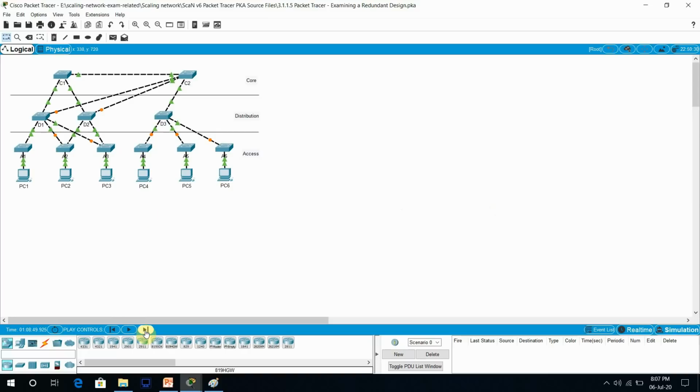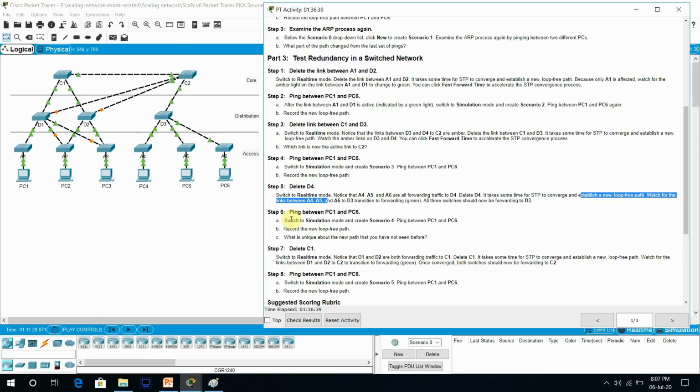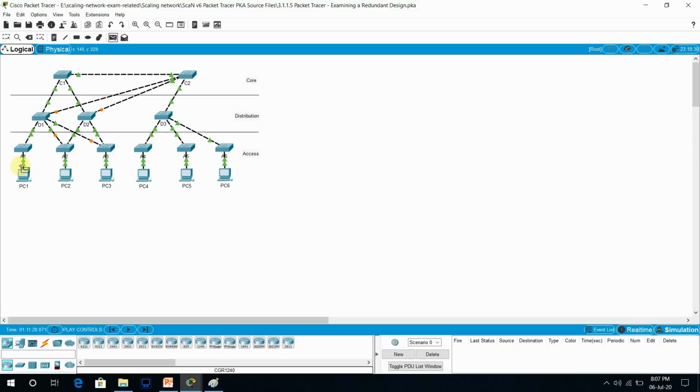You can see here, now all three switches are forwarding to D3. Okay, so this is the difference, I think. And ping between PC1 and PC6. If you ping PC1 to PC6 now, you will find the difference. See, forwarding